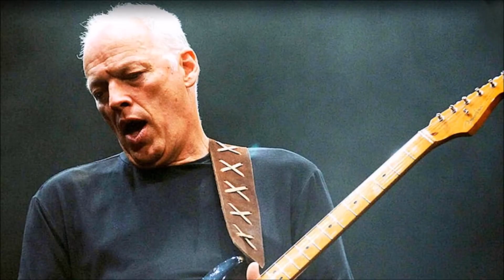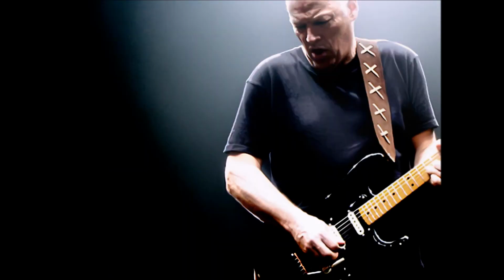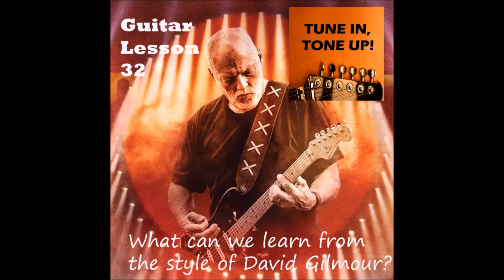That's all it is. Also, Dave Gilmour often uses the rich bass notes. Now, when we solo, sometimes the bass notes, I think, get a bit of a poor rap. I've heard Brad Paisley use quite a lot of low notes to great effect. Dave Gilmour uses them all the time. You've only got to hear the beginning of Sorrow to hear those real, you know...